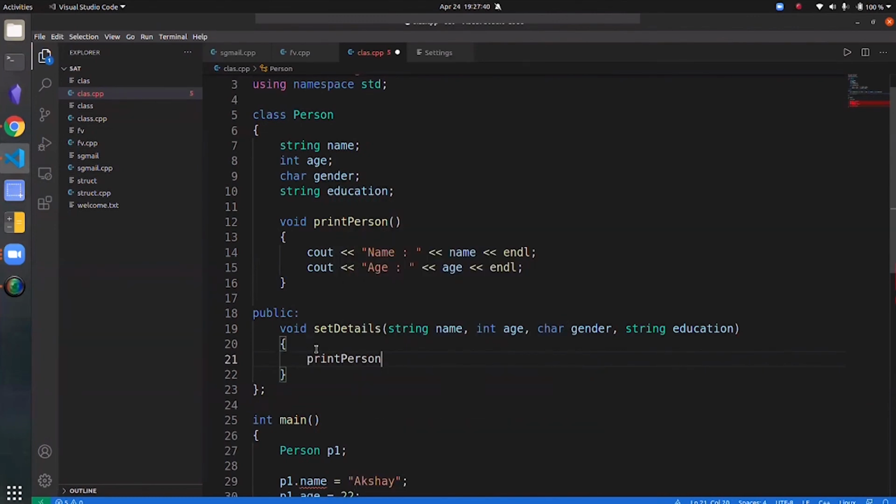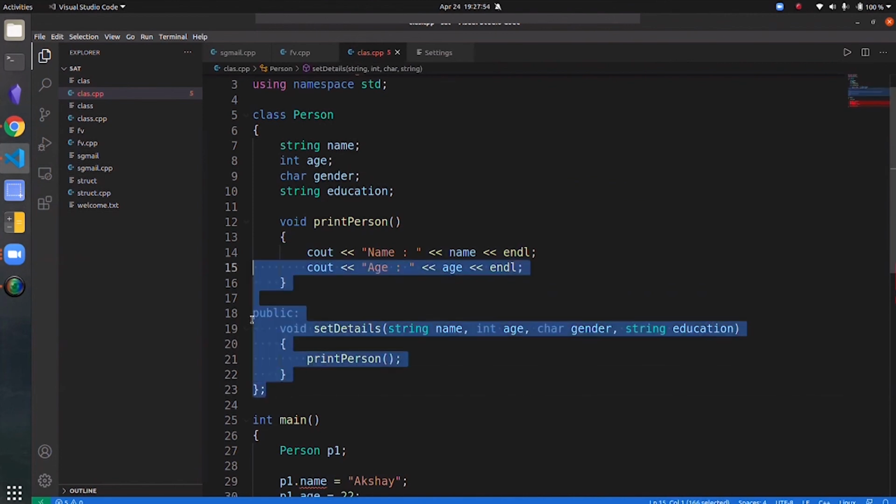It won't throw an error. See, it's not throwing an error because even though this is a public function and these variables are private, this set details function can easily access this print person because it is a member of the same class. So as long as these functions and variables are members of the same class, they can access each other.